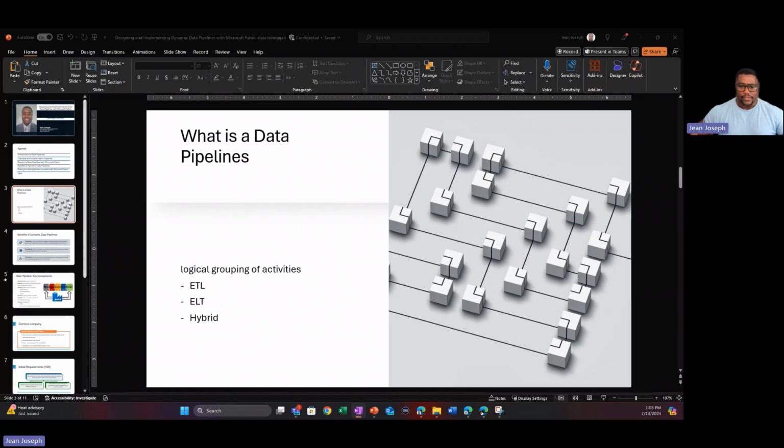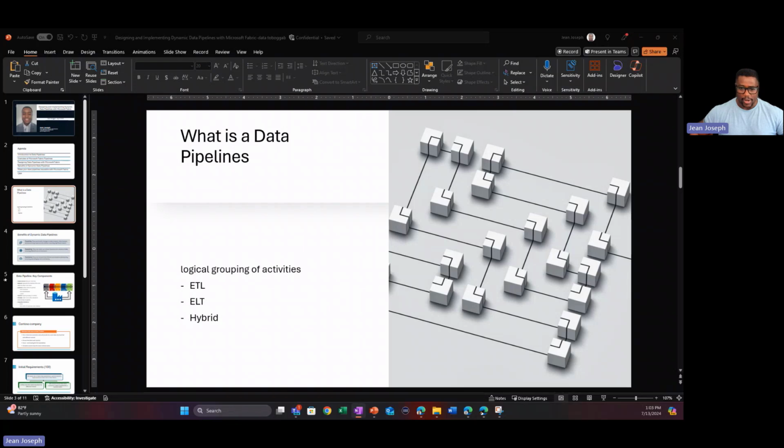It also increases efficiency and offers scalability. This is very essential, especially it's the backbone of any data-driven organization, ensuring smooth data flow and enabling effective